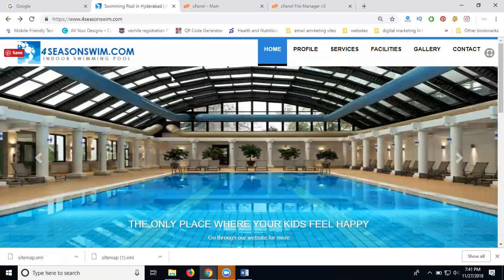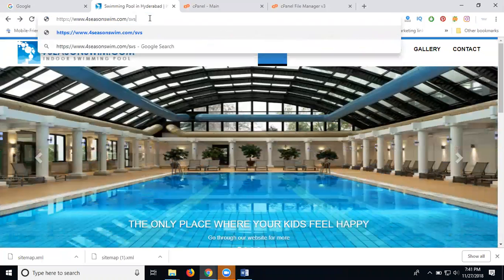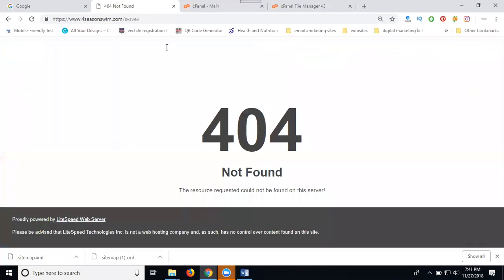So the website is perfectly designed. I'm entering a wrong URL extension. What's showing is 404 not found, which means the file does not exist on your website. For this purpose, we can redirect to some other pages. That is what we can use for the 404 problem.